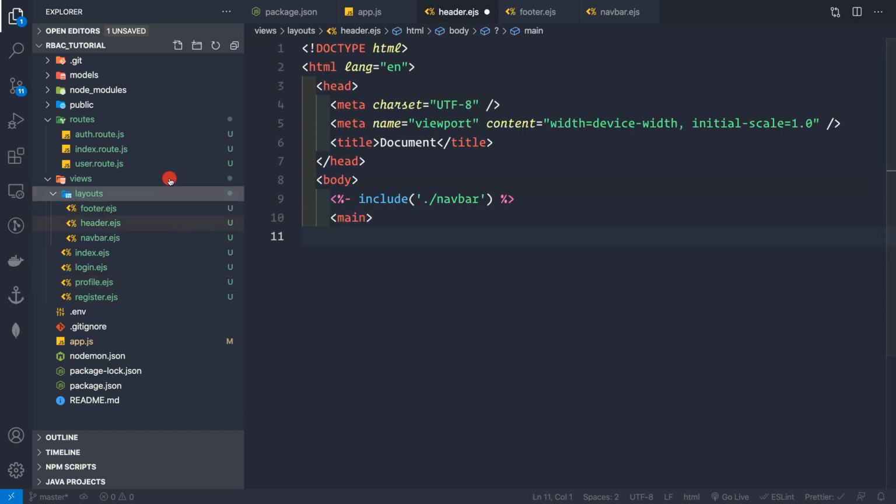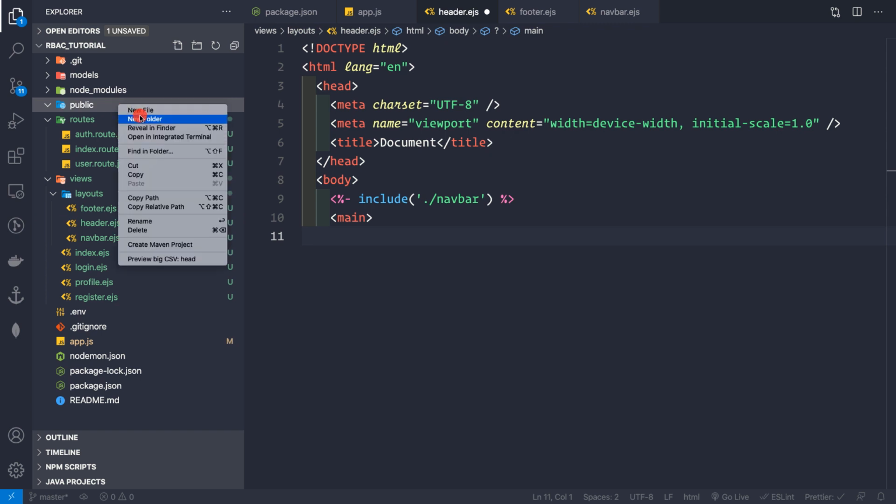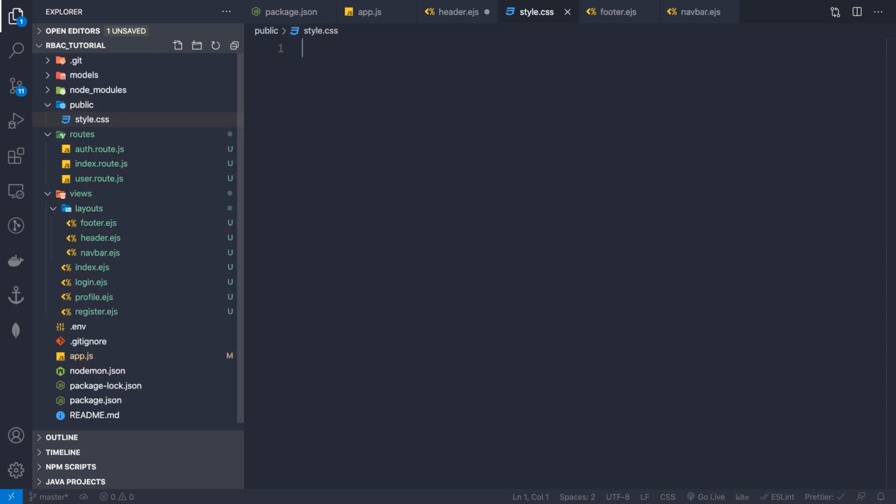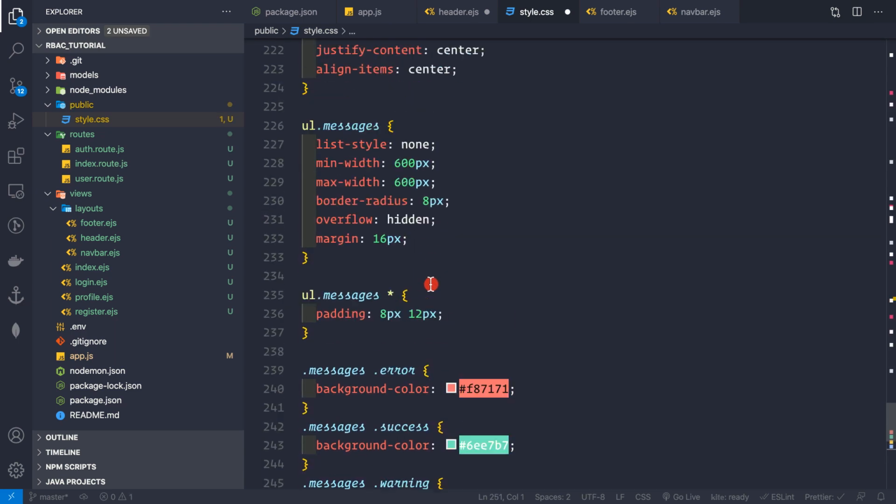And now let me create one more file inside the public folder, and that is the styling for this application. That would be called style.css. So let me create a new file here, and this should be called style.css, like this. And for the style.css, what I'm going to do, I'm simply going to copy my style.css file, because this tutorial series is not about CSS or HTML. It is basically about role-based authentication. So let me paste in the styles here.